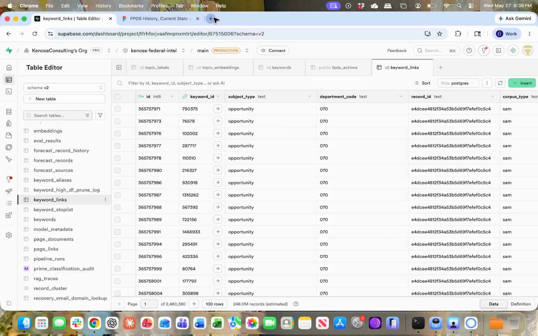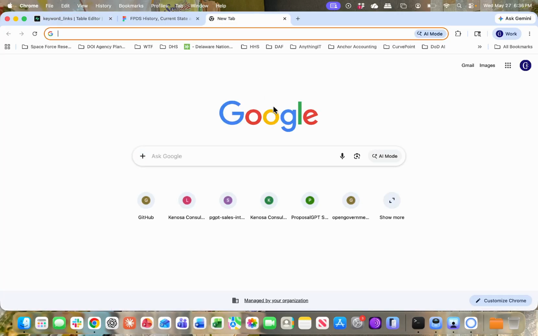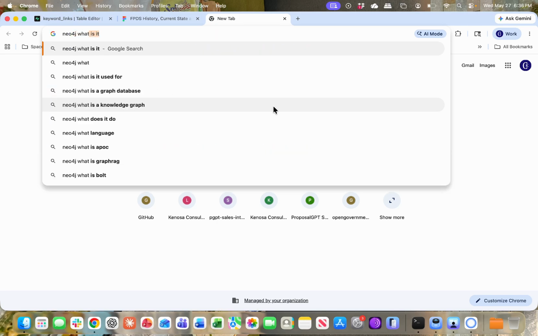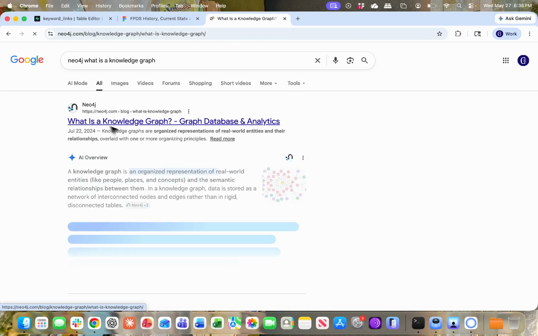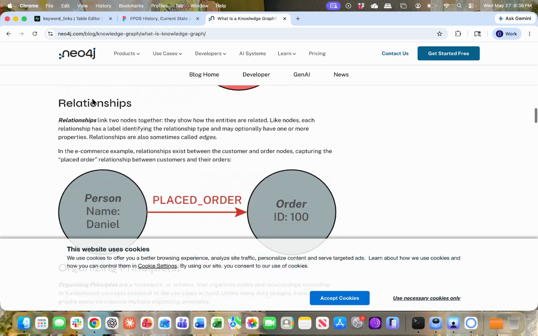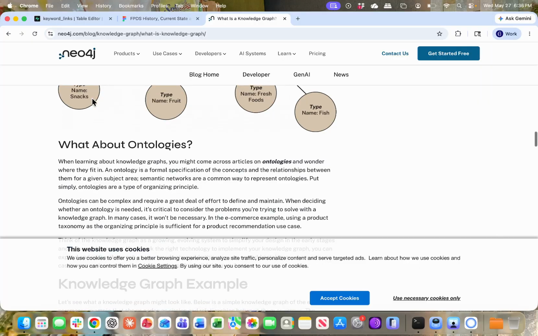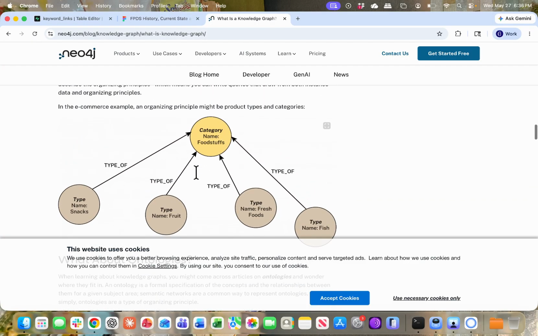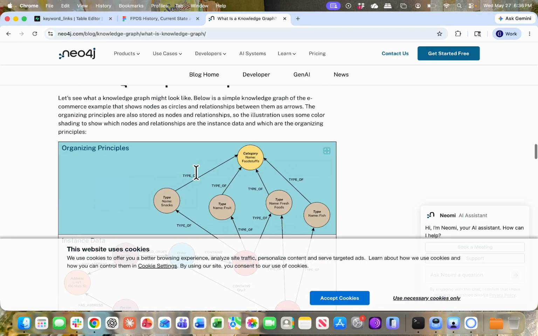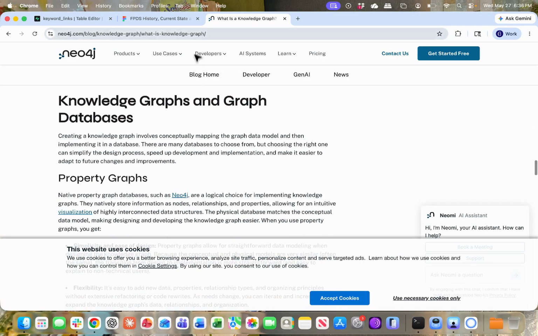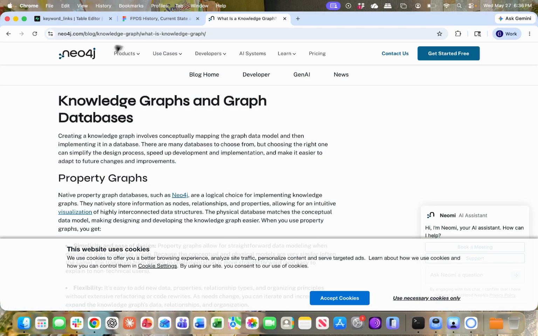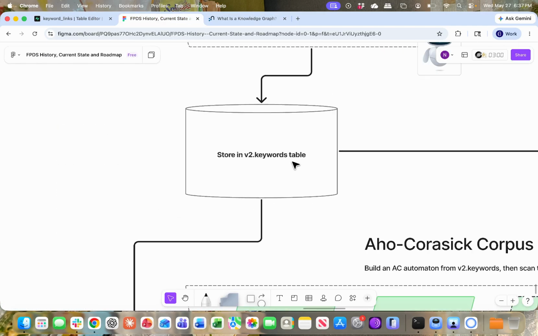If you are not familiar with what a knowledge graph is, Neo4j, what is a knowledge graph? It pulls up very quickly. You can read this very simple article. Gives you an idea of what this is. What about ontologies? Well, if you guys want a video about our knowledge graph and how we use our ontology to build the knowledge graphs, we can make a video about that in the future as well, because this data